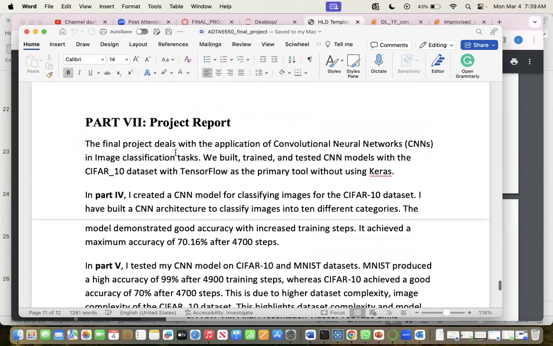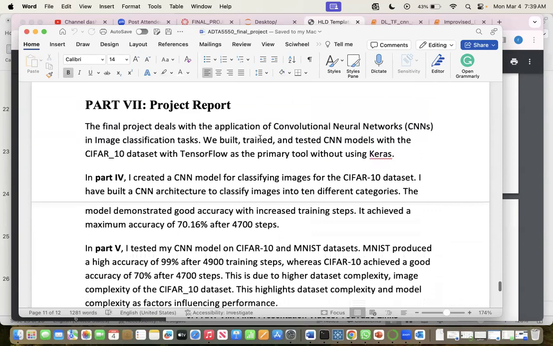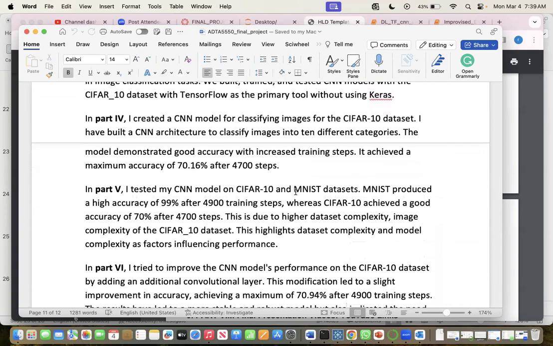The final report deals with the application of CNNs to image classification tasks. We build, train, and test CNN models with the CIFAR-10 dataset, with TensorFlow as the primary tool, without using any Keras. In part 4, we have created a CNN model and classified images for the CIFAR-10 dataset. We built a CNN architecture to classify images into 10 different categories. The model demonstrated good accuracy with increased training steps. It achieved a maximum accuracy of